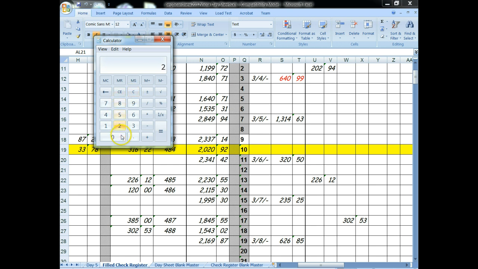Federal withholding was 20. State withholding was $21.30. Social Security is $37.20. And then Medicare was $8.70. So we get a grand total of